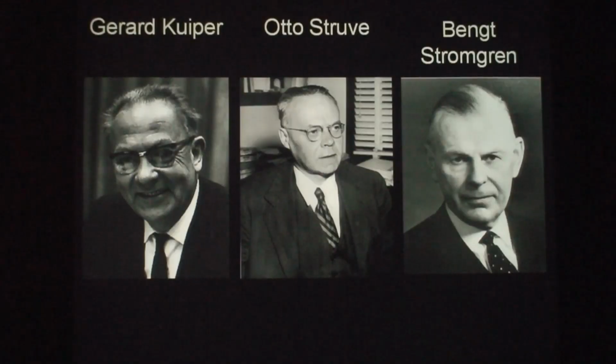The trio of the 3 great observational astronomers of the 20th century, in 1937, Gerard Kuiper, Otto Struve, and Bengt Strömgren, if I got it right, had suggested in a paper that the system was an eclipsing binary composed of an F2 star and a cooler and tenuous translucent component.